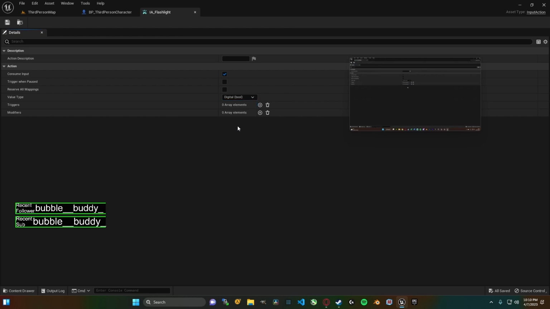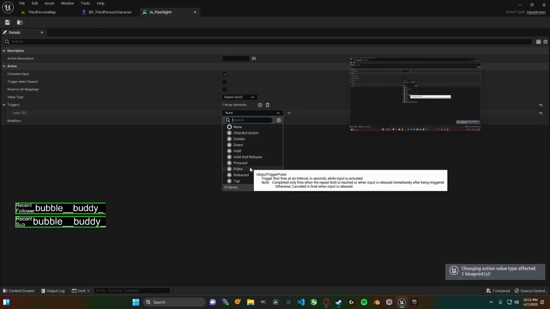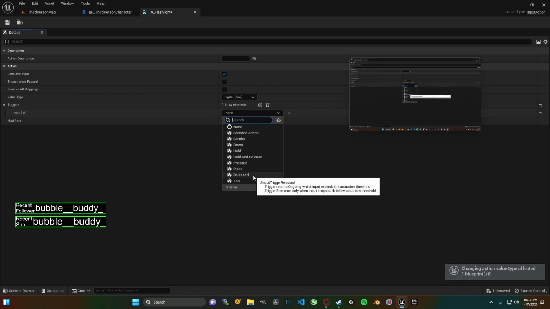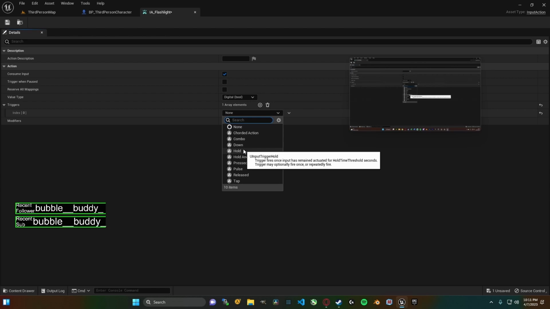And the triggers and modifiers I'm also not going to add on here. Obviously you can add one and see what these are, so you've got chorded action, combo, down, hold and release. And if you hover over these, you get all these different descriptions of what they do as well. So hold and release, trigger fires when input is released after having been actuated for at least hold time threshold